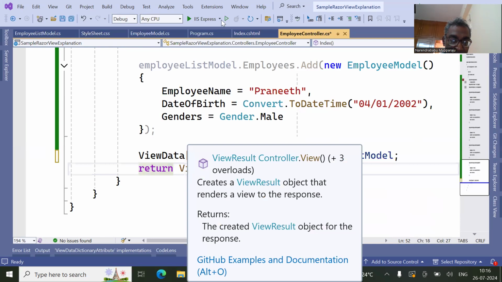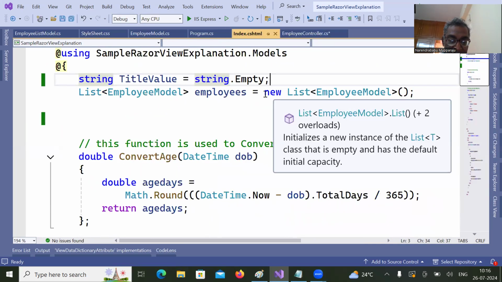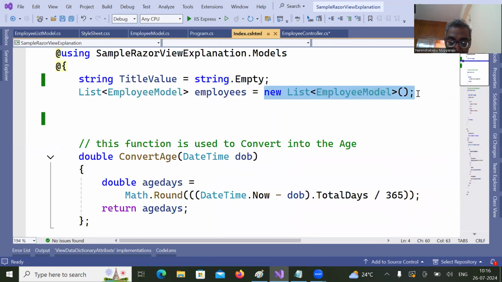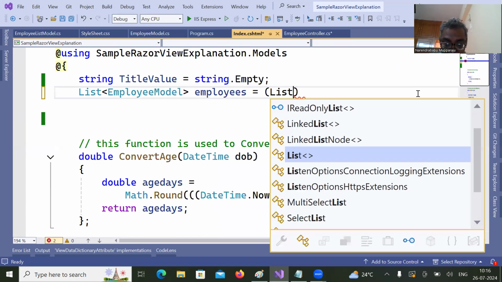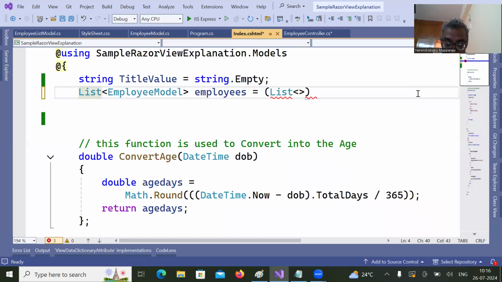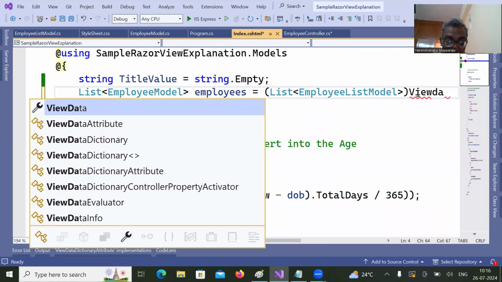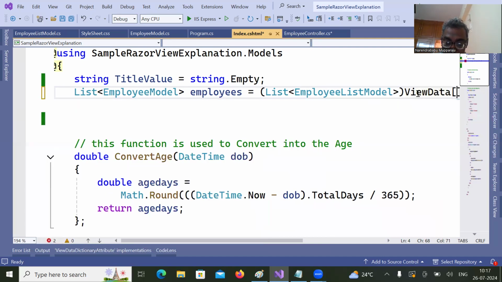This returned view will automatically detect that CSHTML. Here, I'm going to get that view data list of employee list model view data of